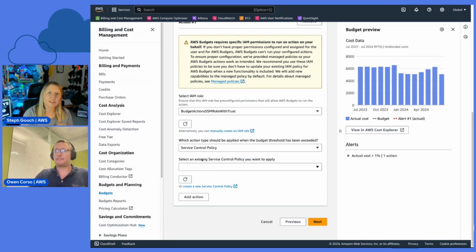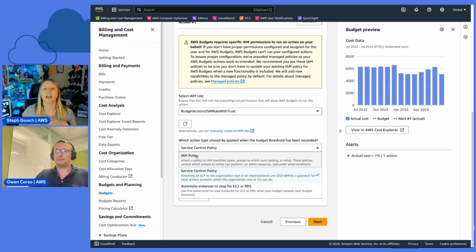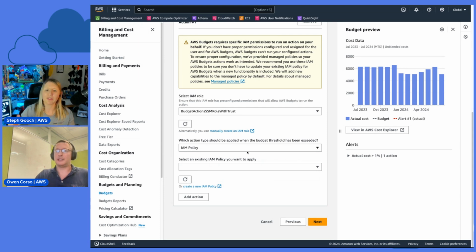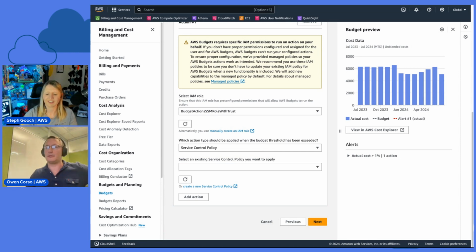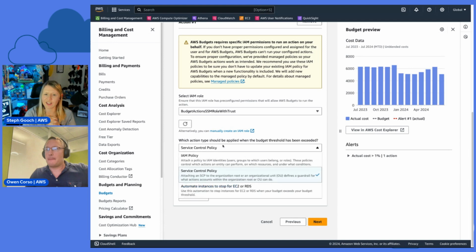Cool. So IAM policies, maybe you could do at a linked account level and just control what's in that account. But then the service control policy is the management account level. Exactly. And that allows you to govern and orchestrate centrally, and make sure that teams are adhering to the policies you're dictating. Perfect. And what's the third type?